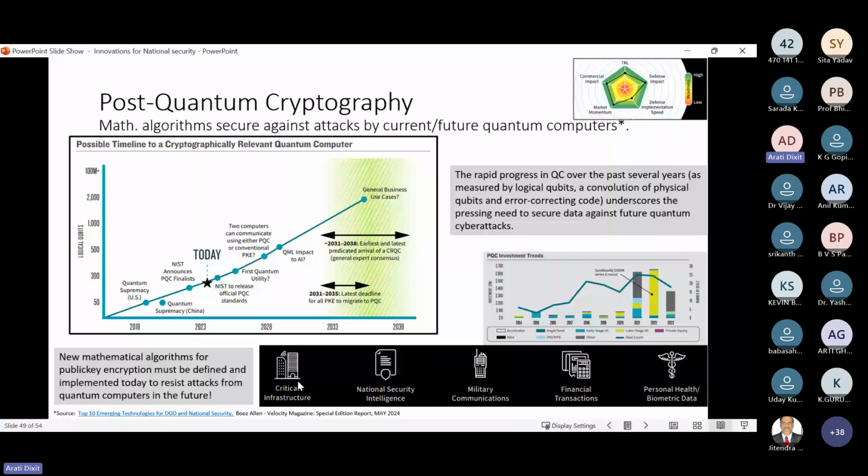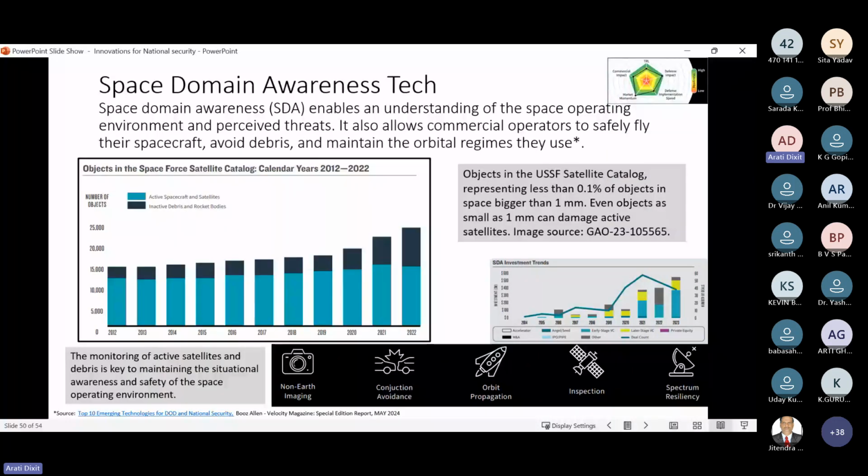And this is the last one, the space domain awareness technology. Space domain awareness enables understanding of the space operating environment and perceived threats. It also allows commercial operators to safely fly their crafts, avoiding debris and maintaining the orbital regimes they use. Just for your information, the objects in space that really have impact